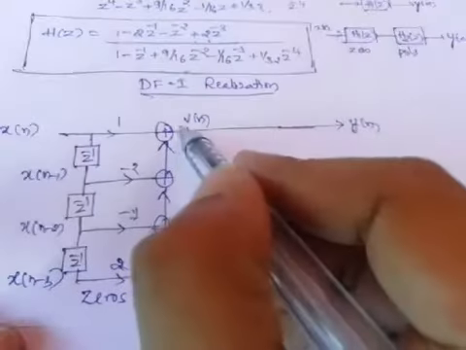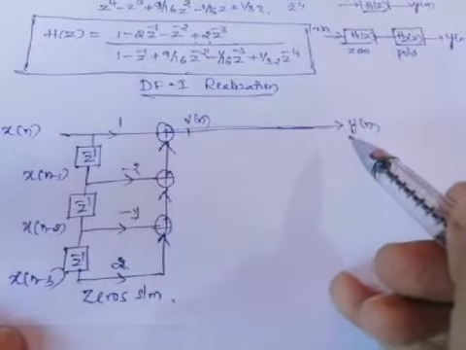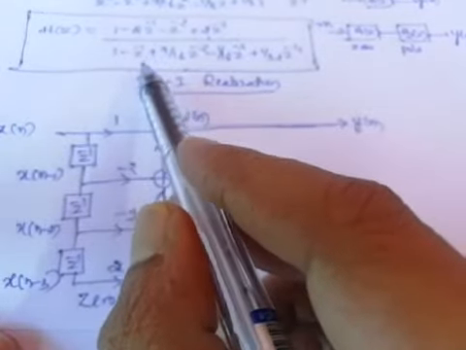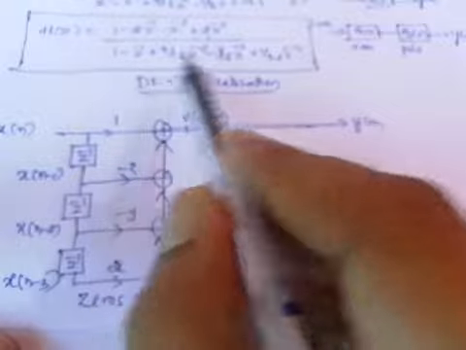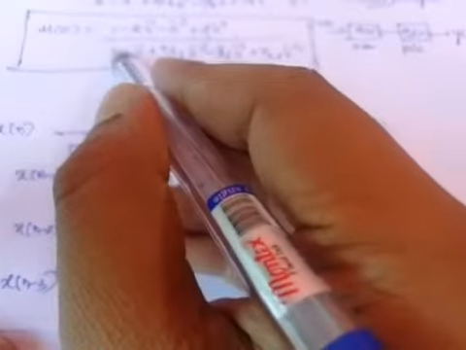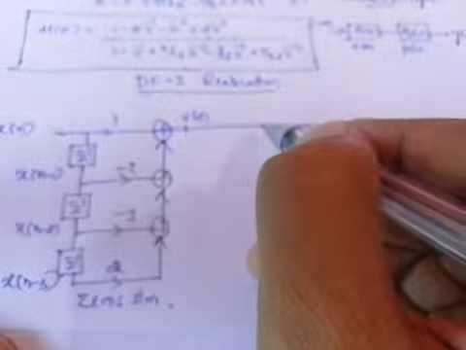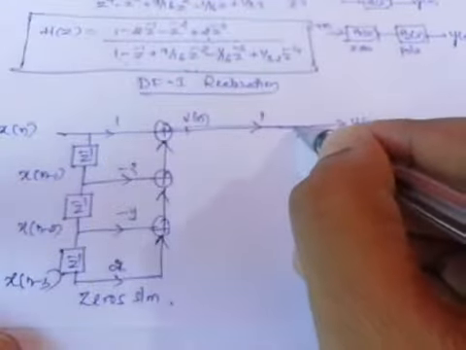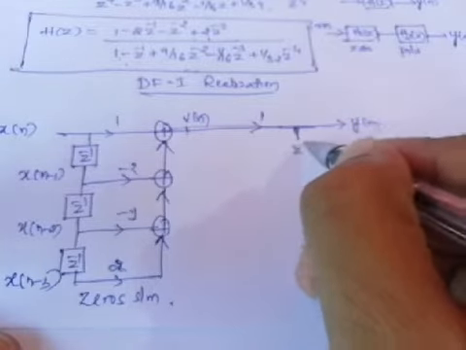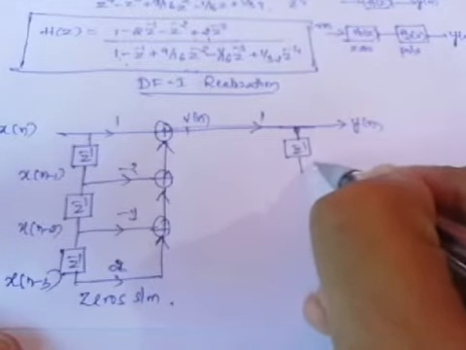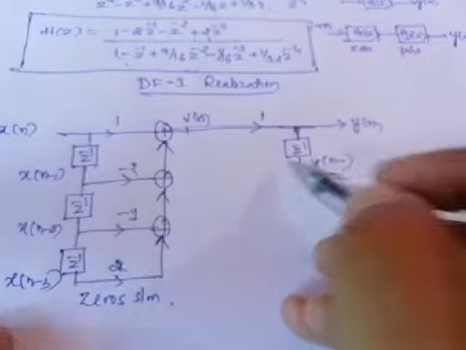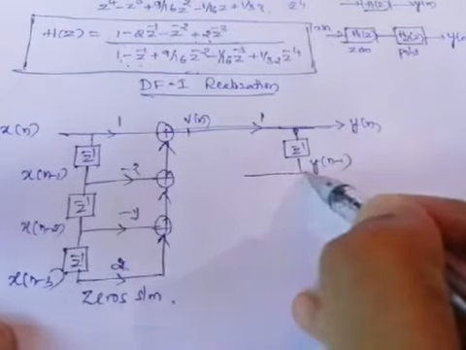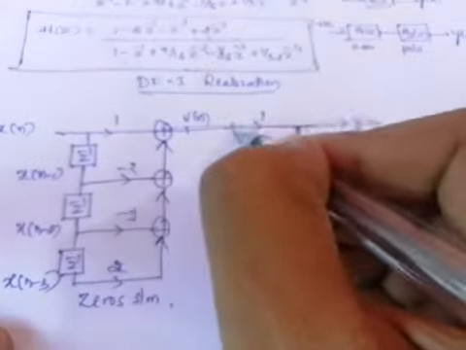Go for pole system. While realizing the pole system, the shortcut method I always told is to take the opposite sign of the denominator terms. The first one is as it is, multiplied by 1. Then one time delay, y of n minus 1. The coefficient is minus 1, take the opposite of that, which is plus 1, and add with the previous result.